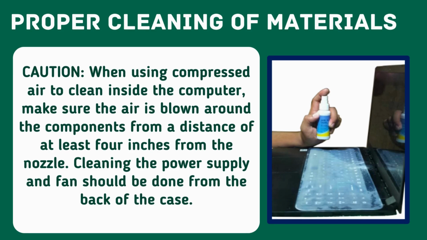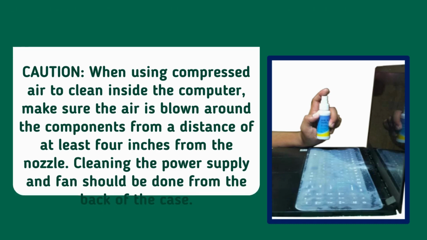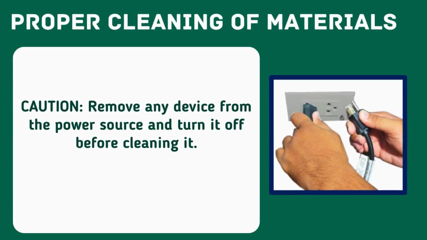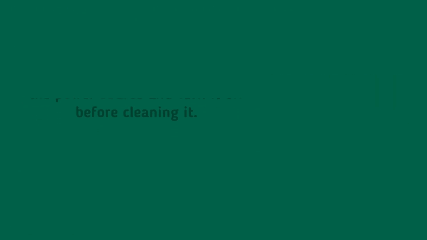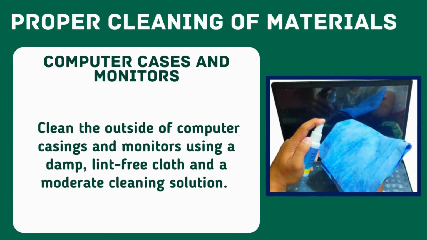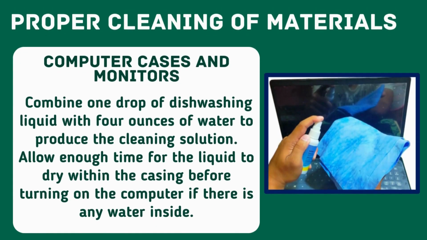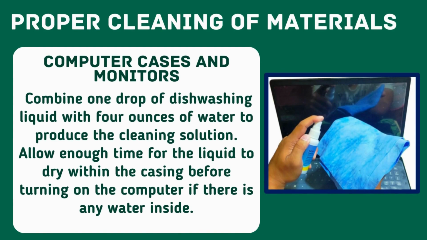Cleaning the power supply and fan should be done from the back of the case. Caution: remove any device from the power source and turn it off before cleaning it. In computer cases and monitors, clean the outside of computer casings and monitors using a damp, lint-free cloth and a moderate cleaning solution. Combine 1 drop of dishwashing liquid with 4 ounces of water to produce the cleaning solution. Allow enough time for the liquid to dry within the casing before turning on the computer if there is any